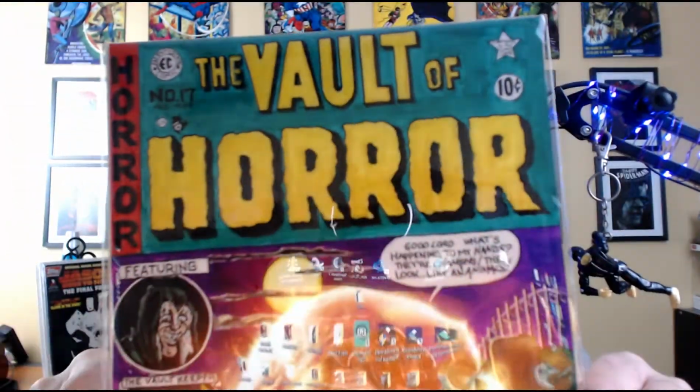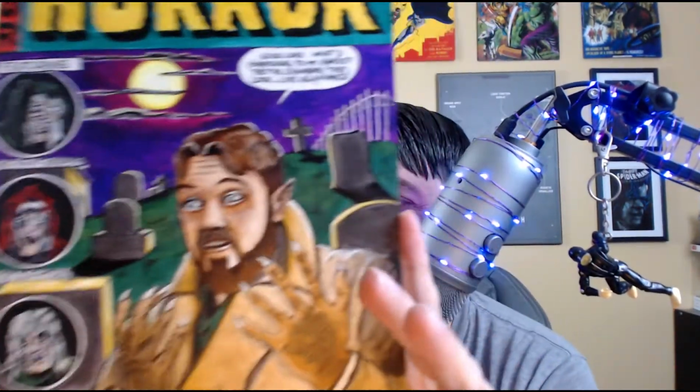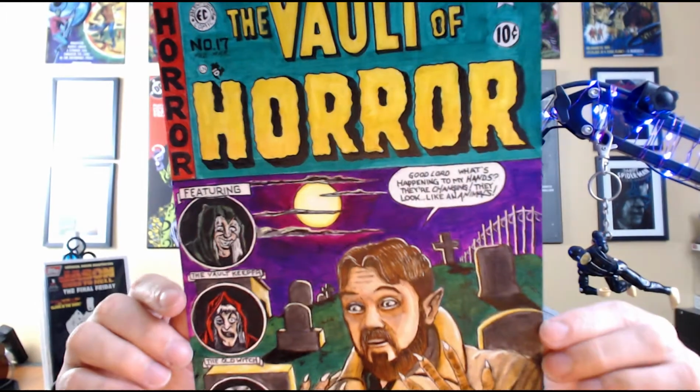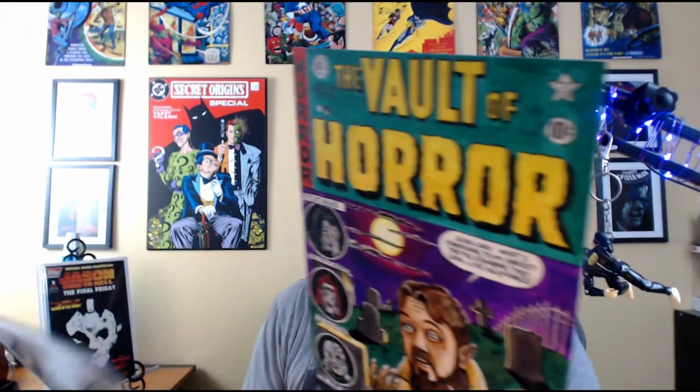But so really nifty, and man, just so much work. I mean, look how much work must have gone into that trade dress and all that. This is just amazing. I got to find a place for this on my wall somehow. Let's see if I can. And he's got a signature on the back. I'll say I was stealing a Bill and Ted reference there, but check that out, man. Just incredible. I've noticed there's been a lot of the horror books floating around the community lately, so that just makes this doubly cool. So now I have a couple of pieces of art,